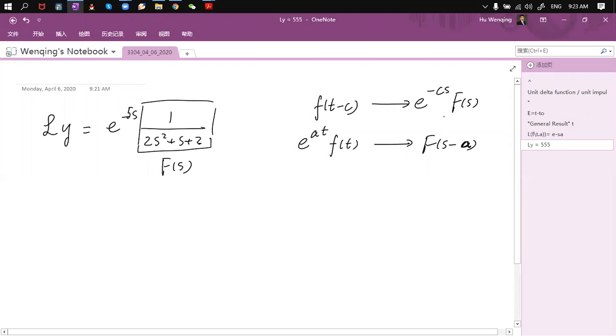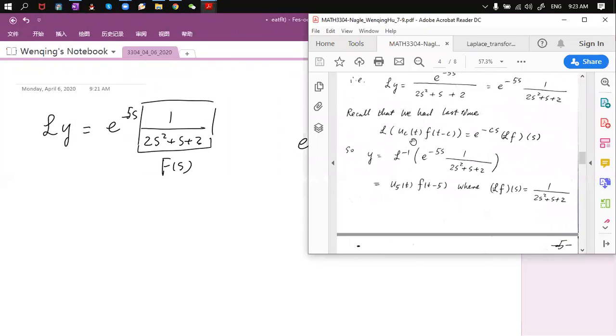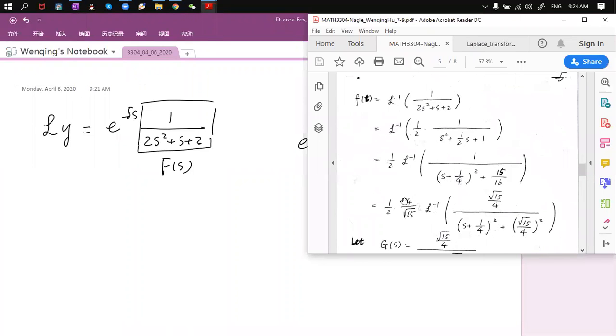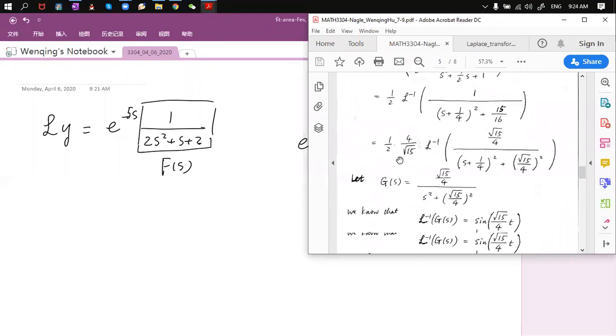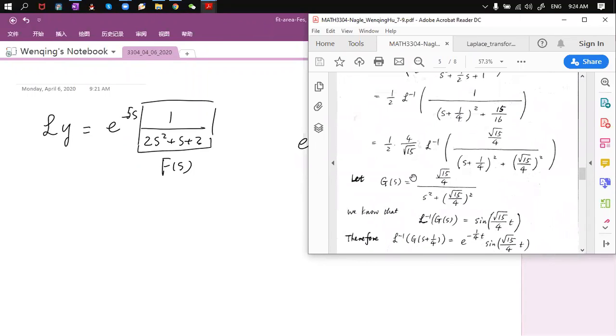So what you want to do is that if you have F(s), then under the inverse Laplace transform, it must correspond to some f(t). So if F(s) is 1 over 2s squared plus s plus 2, you can find your small f(t) simply by partial fractions. The partial fraction analysis is going to tell you that f(t) is equal to,